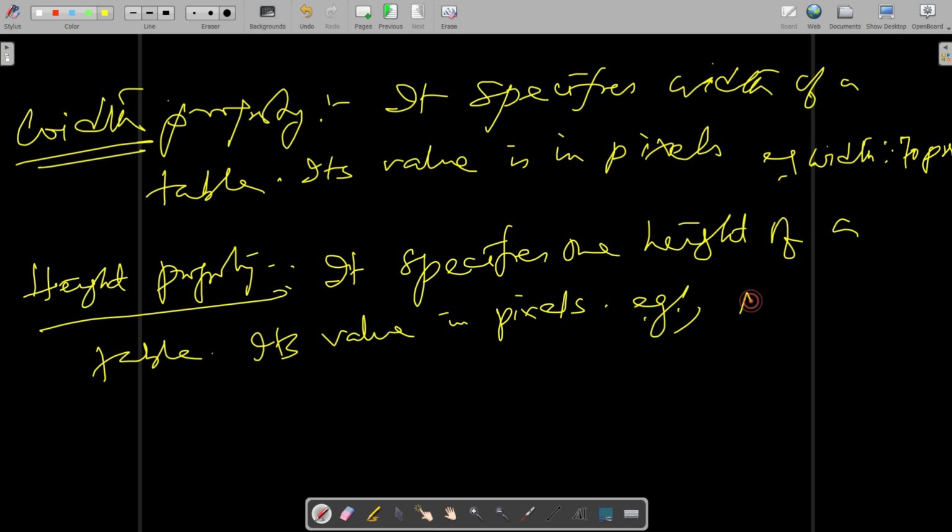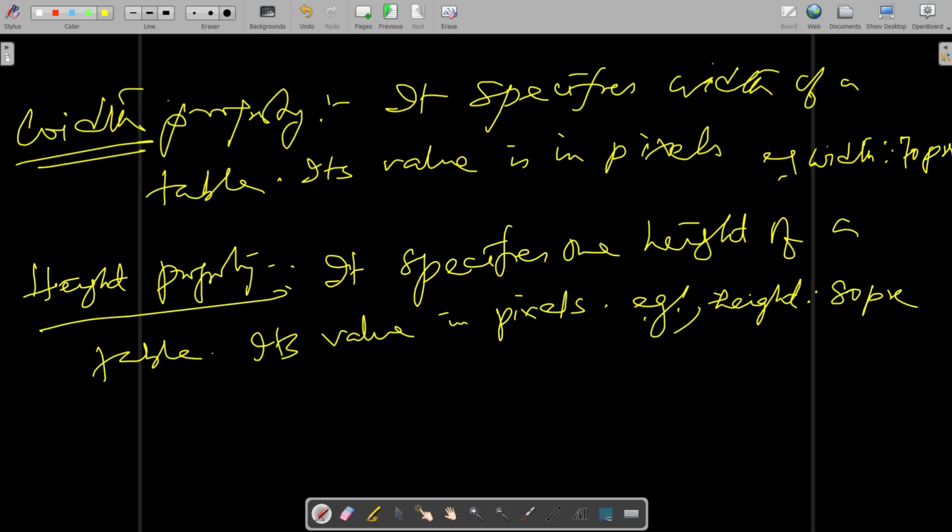Example: height, colon, suppose 80 pixel, like this.